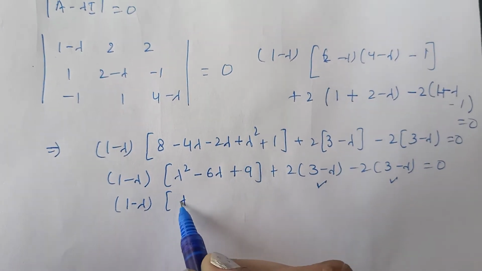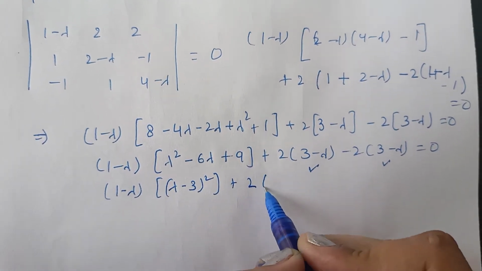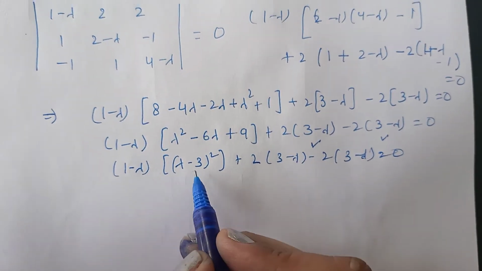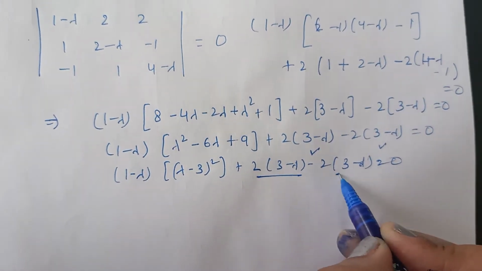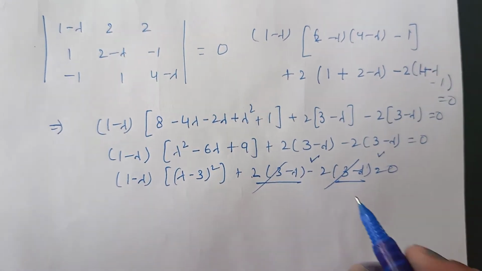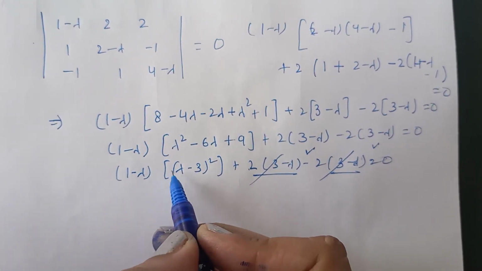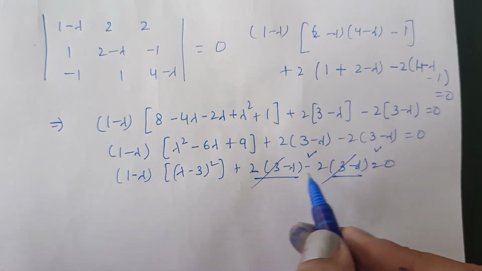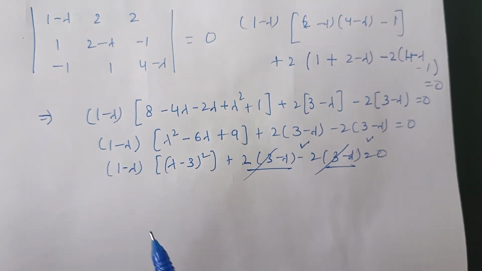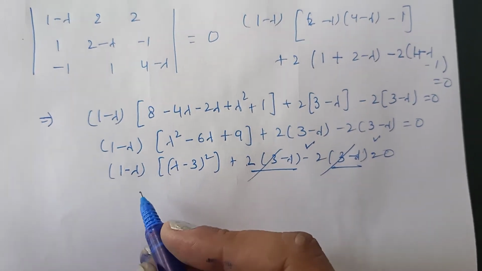So this is lambda minus 3 whole square plus 2 times (3 minus lambda) minus 2 times (3 minus lambda) is equal to 0. So these two would cancel. This is plus 2 times, this is minus 3 times. Had it not been cancelled, a lambda minus 3 term is here also. So writing minus 1 here and taking lambda minus 3 common from all the terms, you could make the calculations easier in that case. So here the equations have become simpler due to cancellation of these two terms.